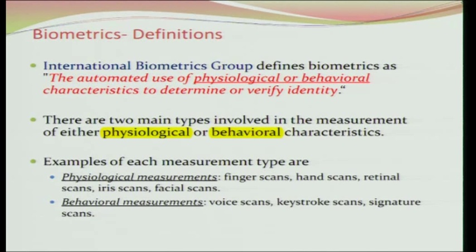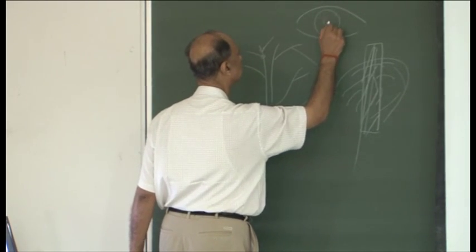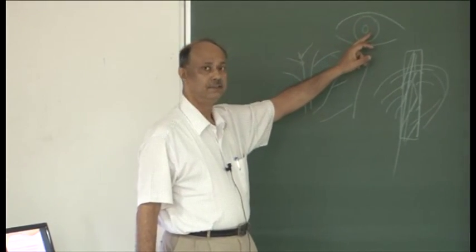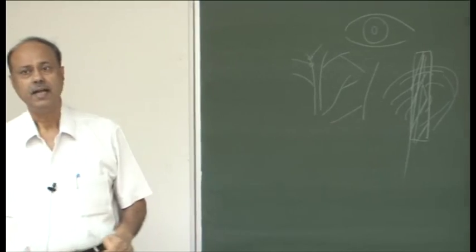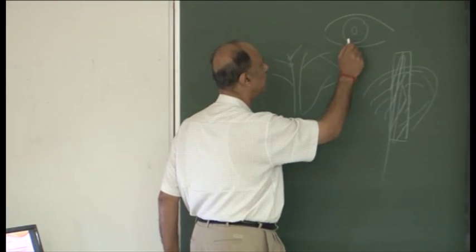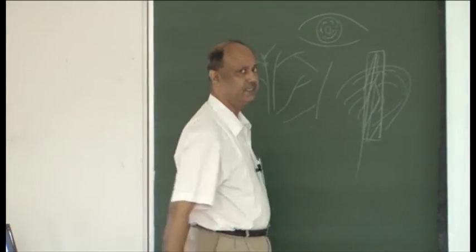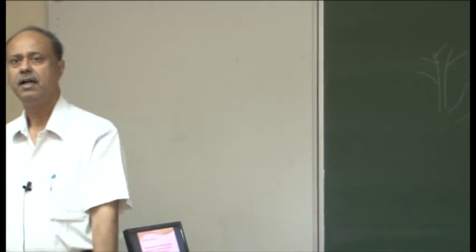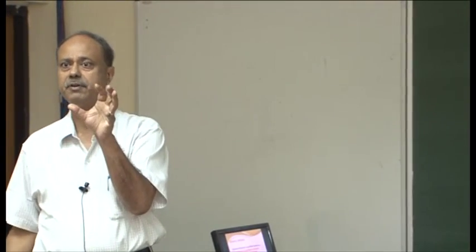Iris, I don't know how many of you have seen iris data. You will find the eyeball looks like that. This is a white area and this is a dark area and this is the darkest area, a very small part. Right? And in this dark area, if you see carefully, there are beautiful designs. But the smaller part, the smaller dot, there is nothing there. That is a very dark area. At night, that smaller area becomes very large,